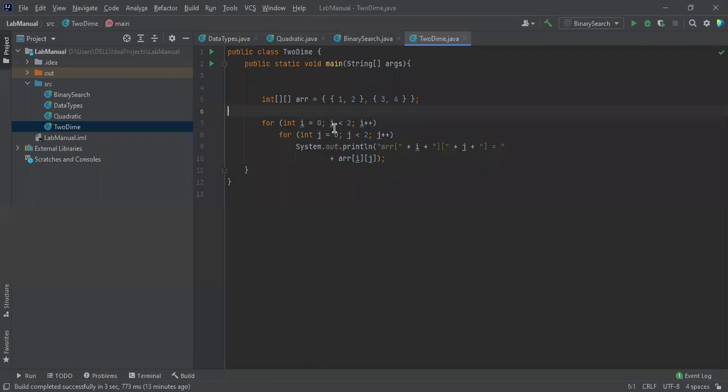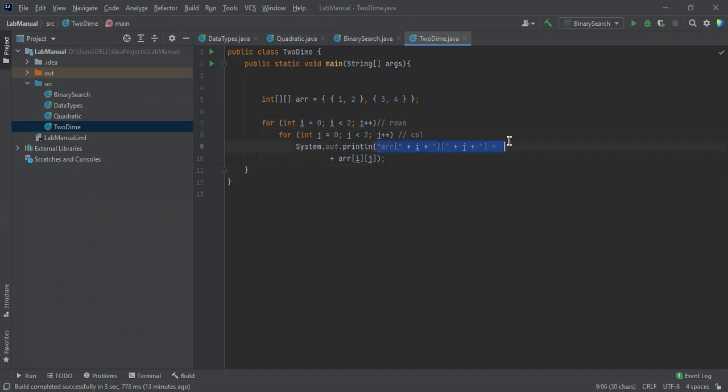Here 0 and 1, 0 and 1. Okay, we are getting these two values based on the information we provided, and we'll treat this as rows and this as columns. So here we are printing the values.